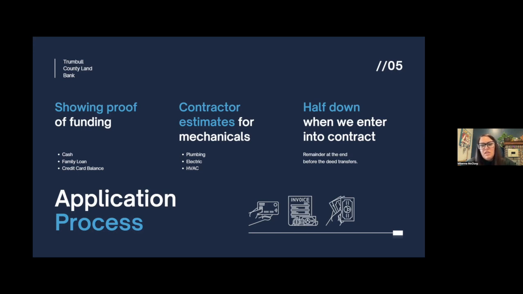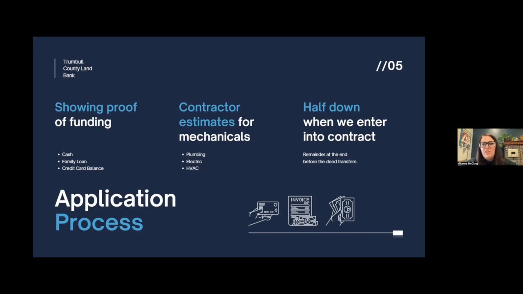So this can be a little bit tricky just because we don't have any of the utilities on when we do the intake assessment. So really we can only base it off of what we can see. So if we can see that, obviously, the water heater or the furnace is missing, then we do have them get the estimates for that. Just to make sure, for some of those bigger ticket items, that they're accounting for the actual cost,